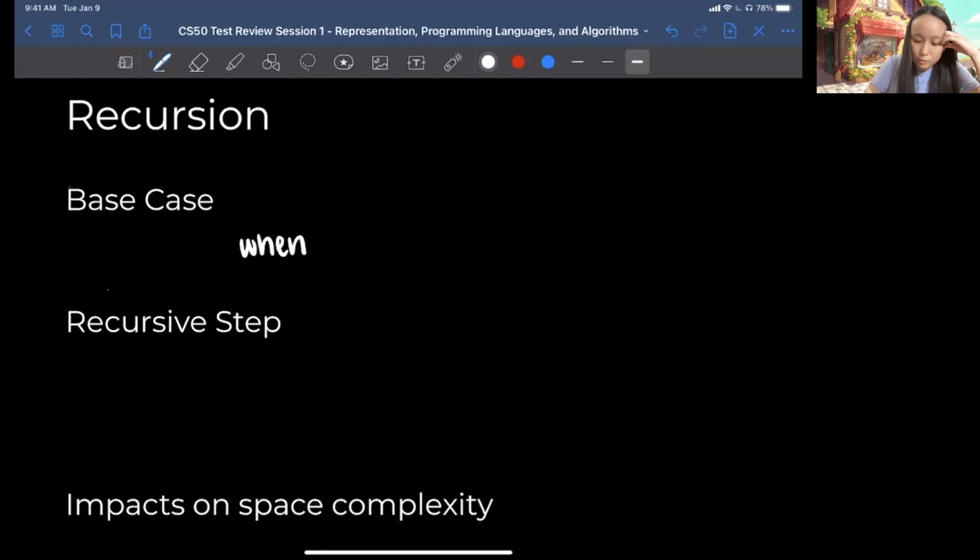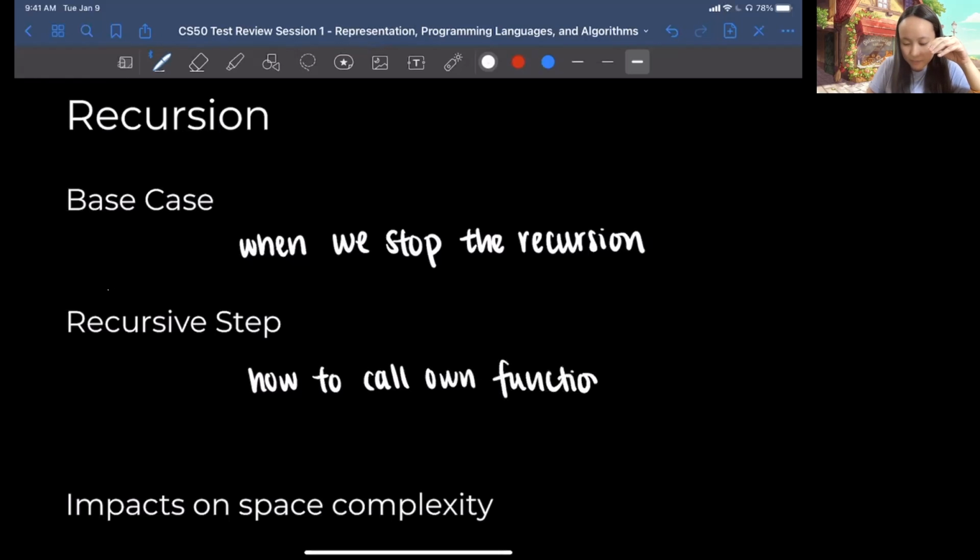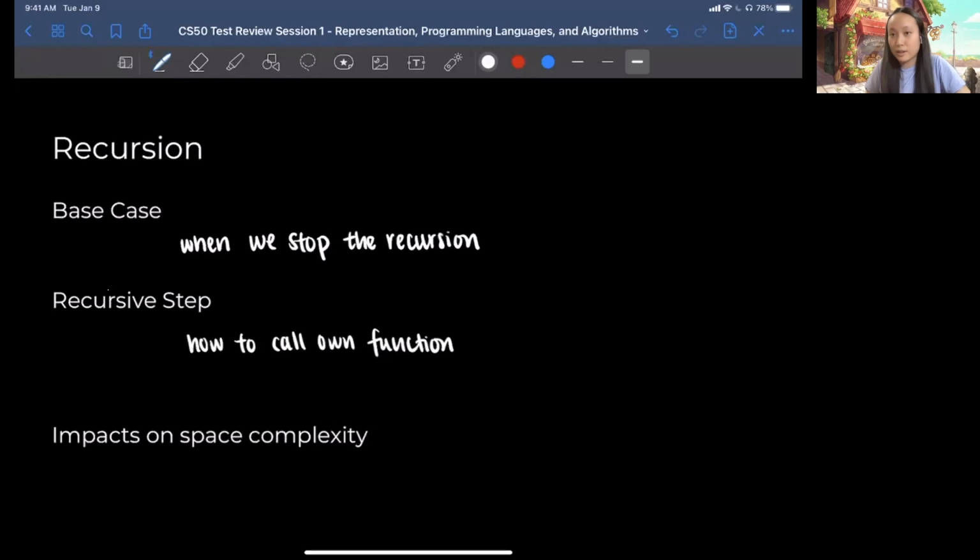So that's when we stop the recursion, and then the recursive step is how do we call our own function? And then the impacts on space complexity: like I said, every single time we make a function call, it goes into the stack. So if we call this function infinite times and we don't have a base case, we're going to add to the stack infinite times, and then we're going to have a stack overflow. Just as a quick example,